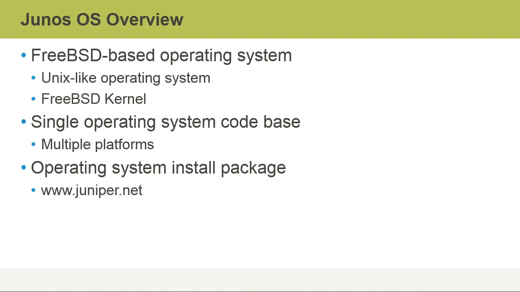Operating system install packages are available from the web at www.juniper.net. The install packages are used to either upgrade or downgrade from one OS release to another. The install package, like any other operating system install, fully reinstalls all of the operating system software. It reconstructs the file system, and it retains the configuration files. However, you should be cautious here, because when you're upgrading or downgrading,